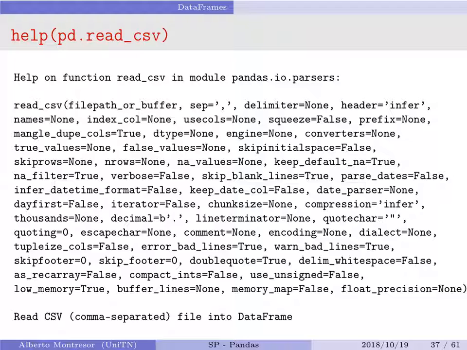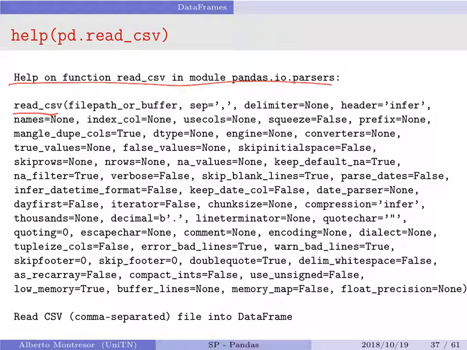The terrifying information is this one. Then your file could be written in several ways, and there is a parameter in the read_csv function for most of the strange behavior that your file could have, but you have to find it here, which is taken from the help function, which is clearly not really readable, but the purpose here is not to make it readable, but to let you know that there are, in a single slide, a lot of possibilities.